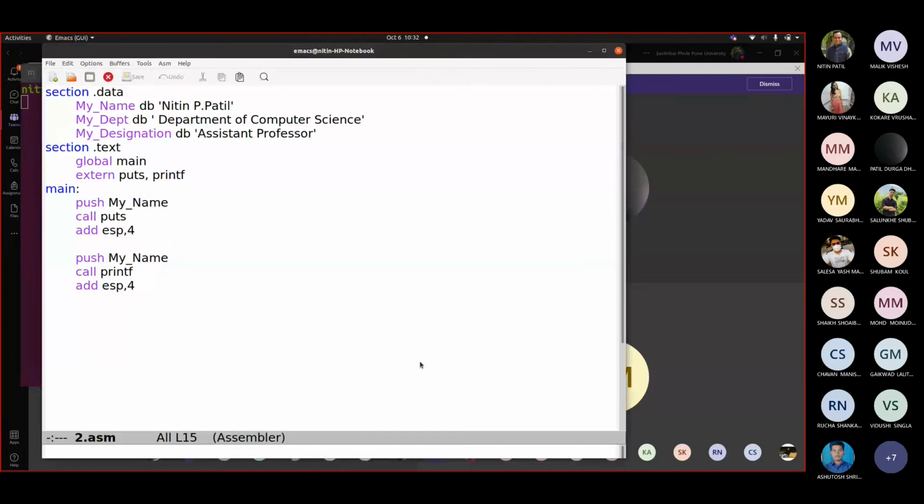So now instead of my name, I am taking my department. And now I am changing the order of printf and puts.